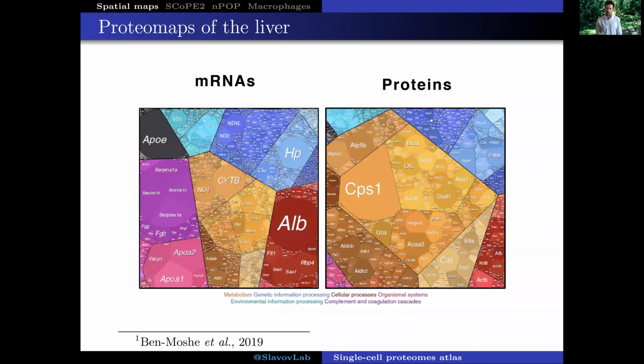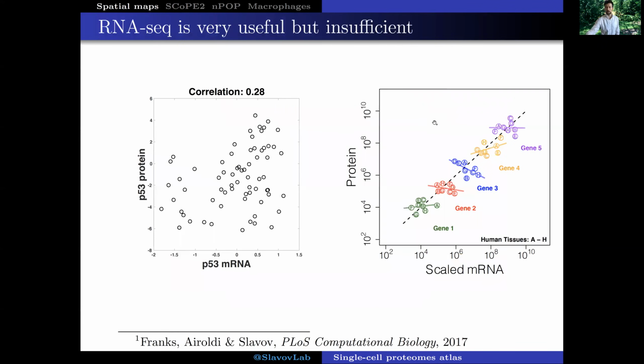Now, when colleagues have pursued a similar approach to measure both RNAs and proteins, they have found that there are notable differences in terms of the most abundant proteins and messenger RNAs that are found in human tissues. And of course, that comes as no surprise to many of us who have long noted that there are substantial differences between protein and RNA abundances measured in the same tissues.